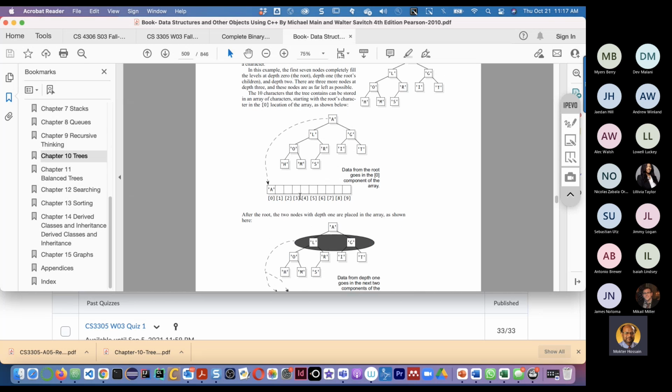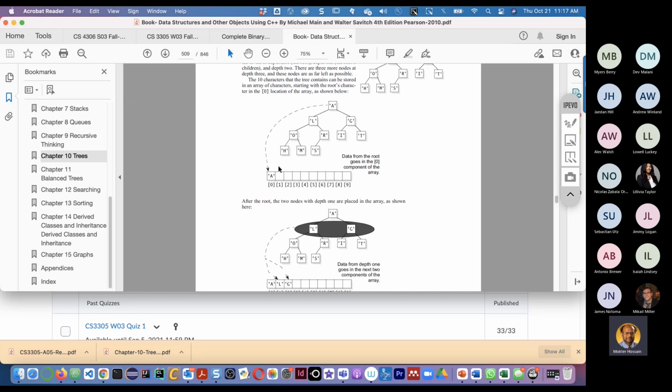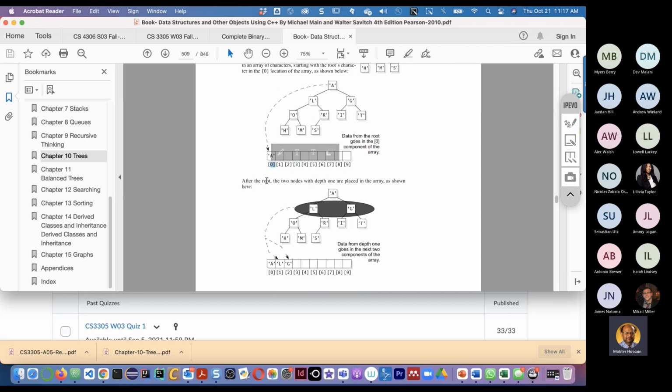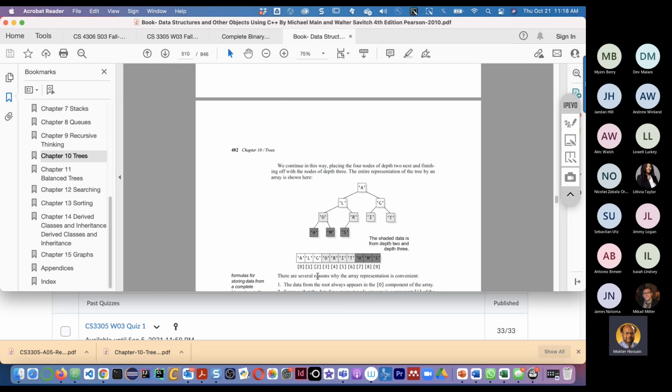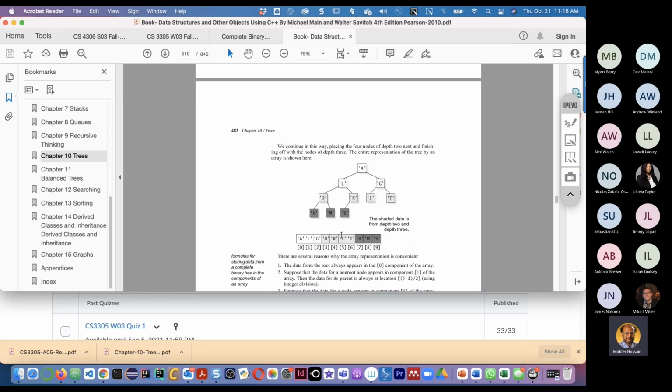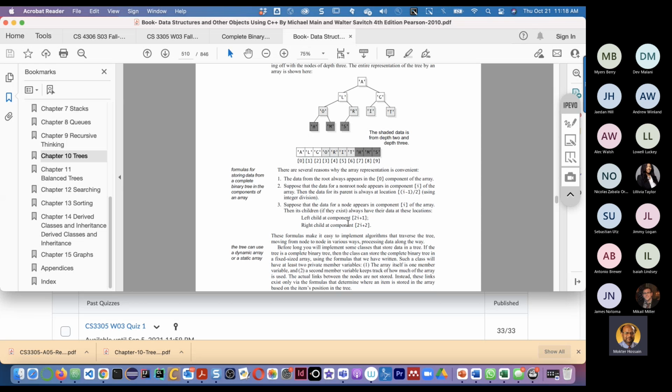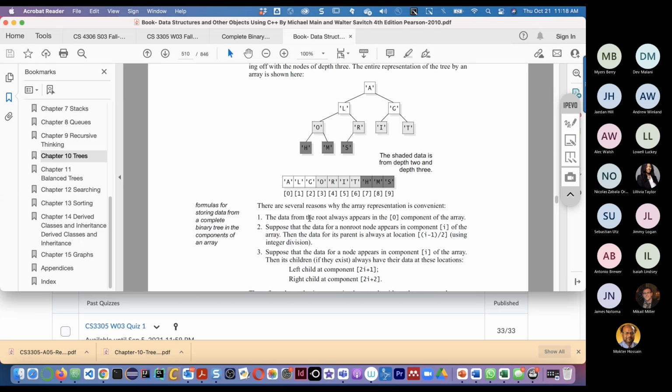If it is implemented with an array, for instance, A will be at index 0 as the root, and then the next ones come after it, then G comes in the next one, then O, and then R. There are some rules for how the other elements will come. We will see this. The rule of thumb is that